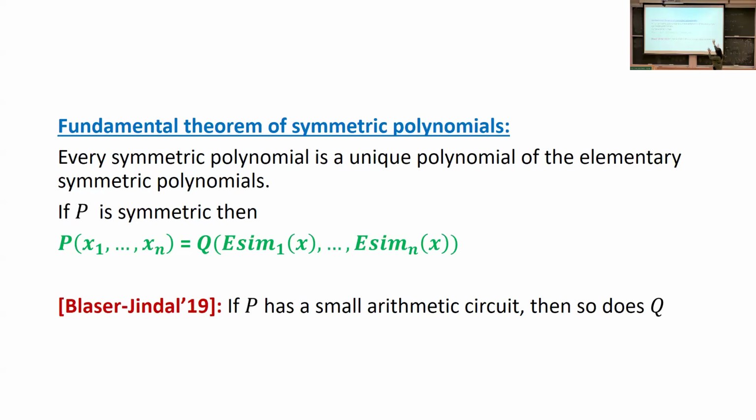complexity theoretic version of this question, which is: if you have a symmetric polynomial of small complexity, and you write it as a polynomial in the elementary symmetric polynomials, what is the complexity of that polynomial? And they showed that if P has a small arithmetic circuit, then Q has a small arithmetic circuit. So if you write it as a polynomial in the elementary symmetric polynomials, that composing polynomial Q has small complexity,